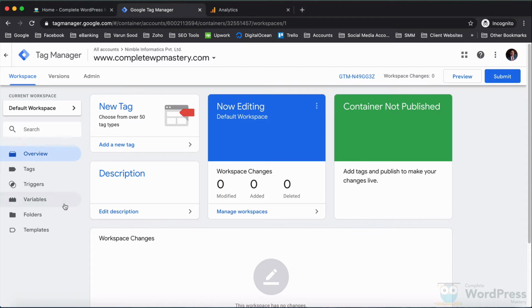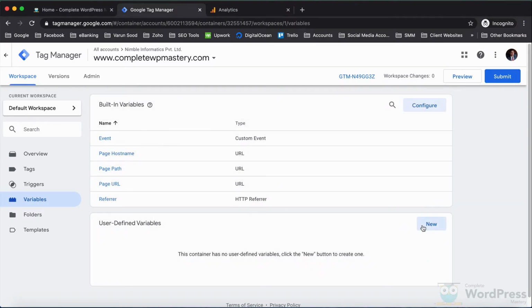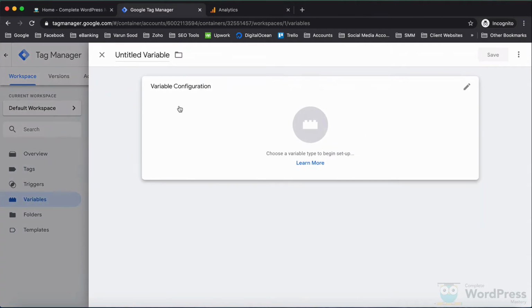visit the Variables section, and create a user-defined variable. Specify a meaningful name for the variable. I'll call it GA Tracking ID.